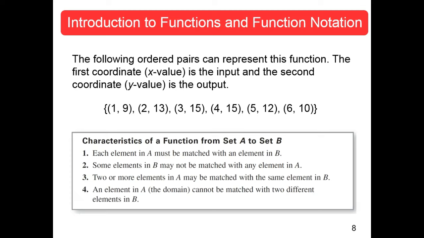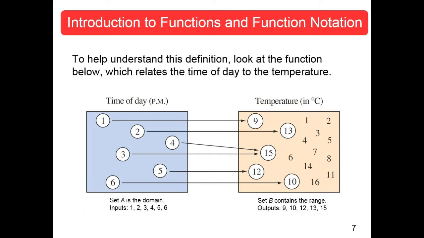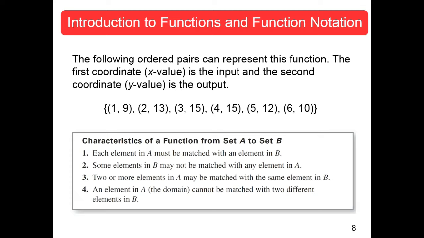And we haven't got the graphing yet, but we'll get there. So here are the characteristics of a function that maps from set A to set B. Each element in A must be matched with an element in B. If it's in the domain, it has to have an element in B. Here, we didn't have any stray values you didn't match. So everything in here. But remember, you don't have to use all the ones in B.